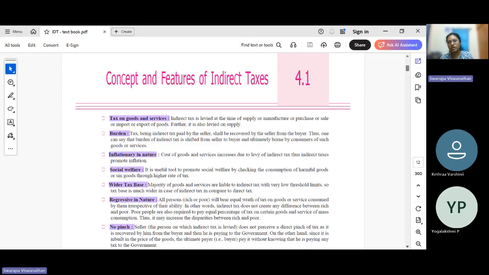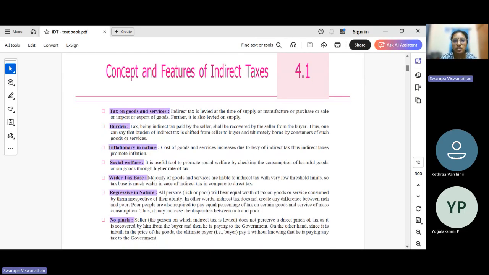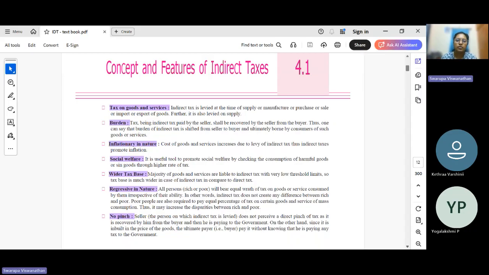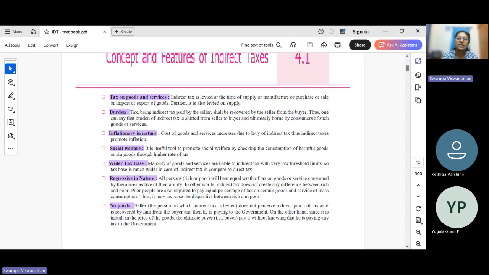Okay. Indirect tax, what are the concepts and features of indirect tax? So we'll just summarize the points. It is a tax on goods and services. And the burden of tax is being shifted. Indirect tax is a tax burden on the consumers, and the supplier is required to collect the tax from the consumer and pay it to the government. So important concepts: first one, it is a tax on goods and services. The second is the burden is on the consumer.